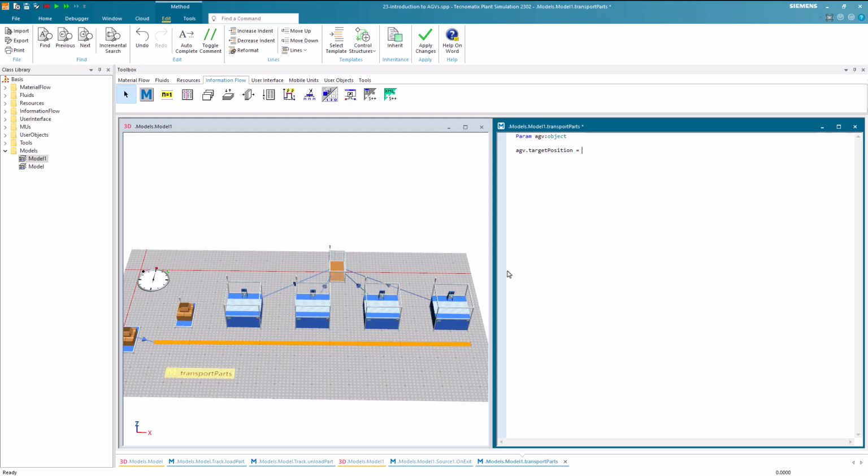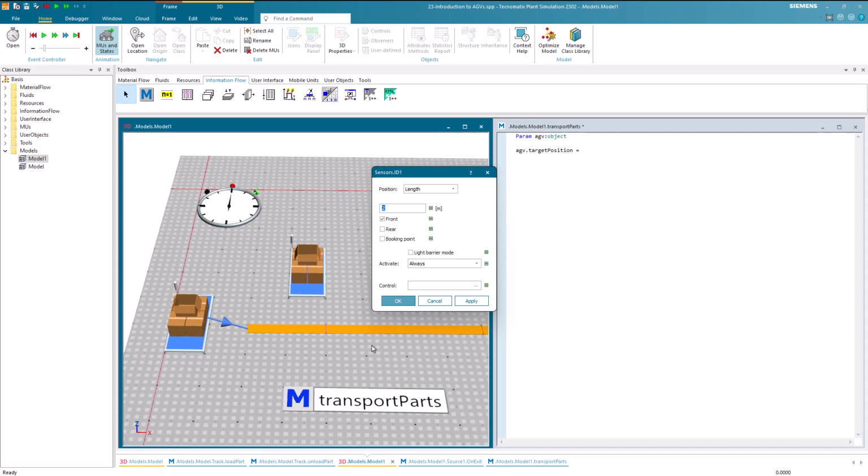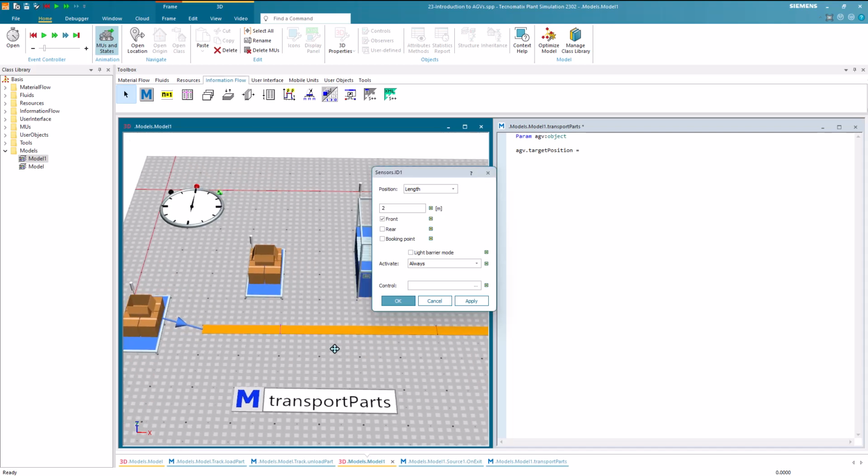To proceed, we can open the dialog of the sensor. Next, we click on the question mark in the title bar and then on position. Here, the SimTalk attribute is presented to us. We can now incorporate this attribute into our code.